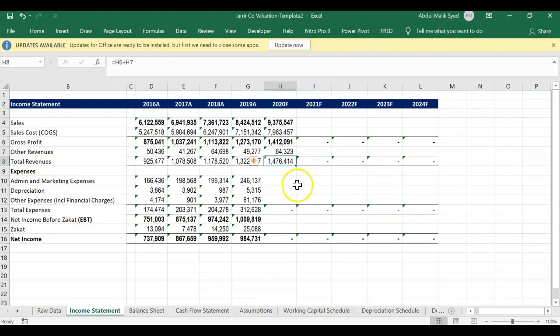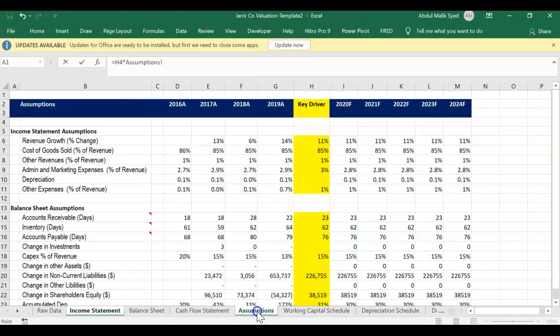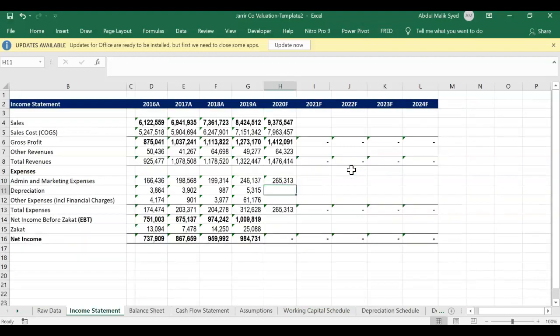Okay, so you have this. Then taking the admin and marketing, this is also the same, revenue times the assumption, 2.8, revenue times,